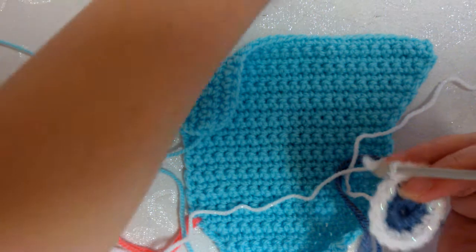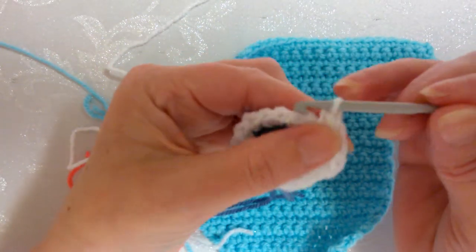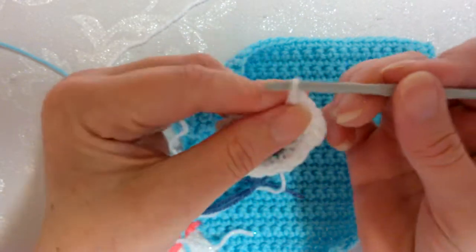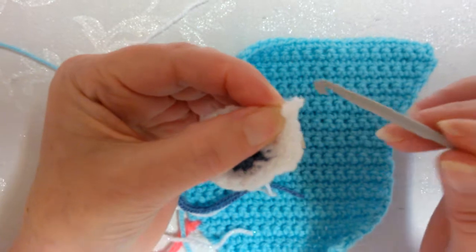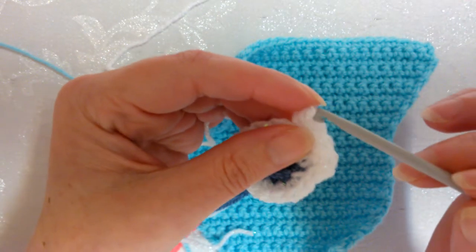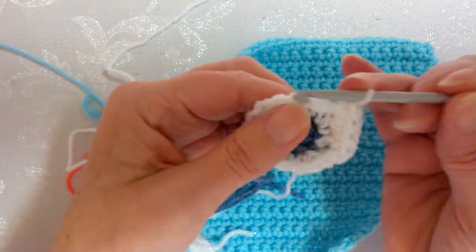I'm so sorry about this. Right, so that's 1, 2, 3, 4, and I just need to... I'm sorry, no, because I've got a sparkle on my wall, one of the strands has gone in a funny place and I can see it. There. So that's 1, 2, 3, 4,